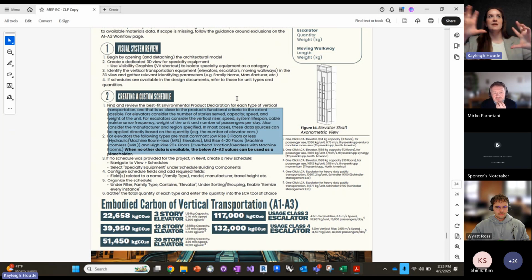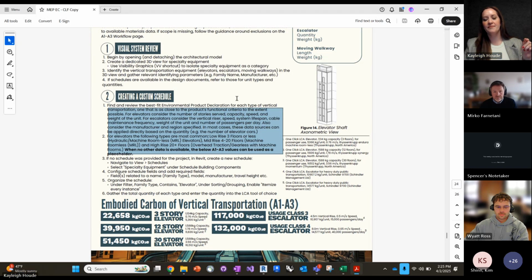So you want to consider a few different functional units of those elevators. First, the number of stories served, of course, the capacity, speed, and then the weight of the actual unit. Capacity is its lifting capacity of like number of humans that go inside versus the actual weight of the elevator. There are 3 different kinds of elevators generally. So low rise, 3 floors or less.